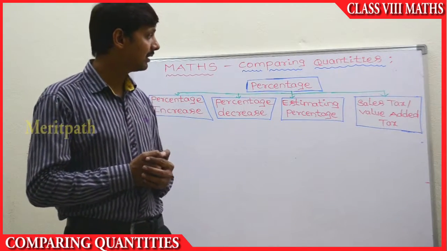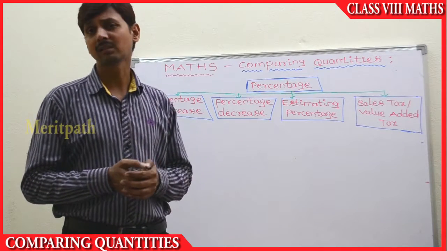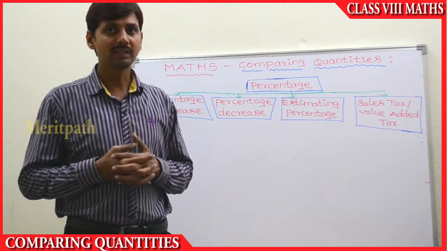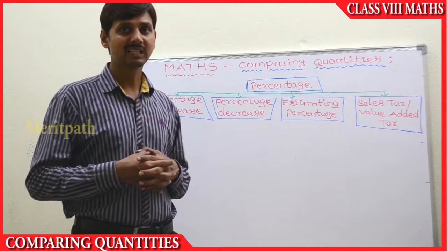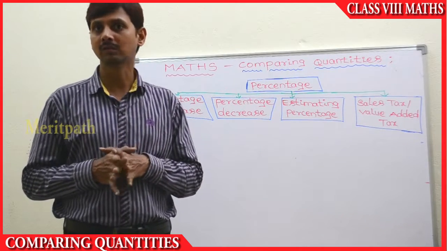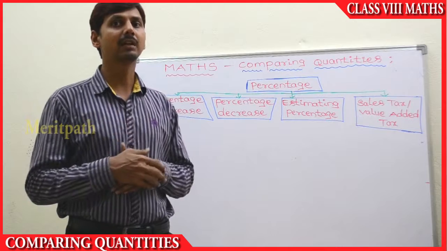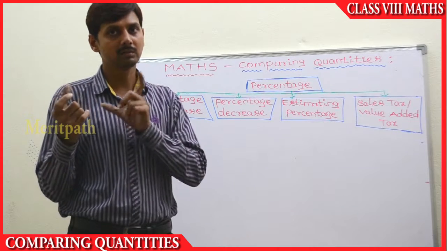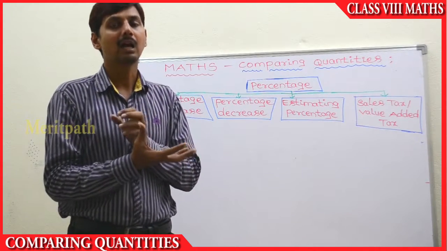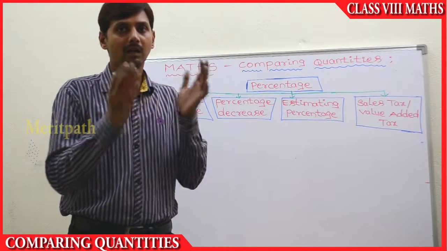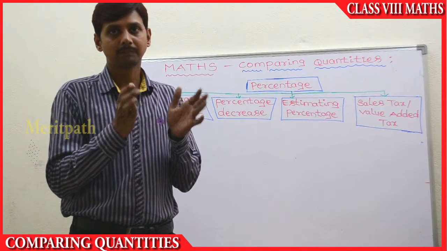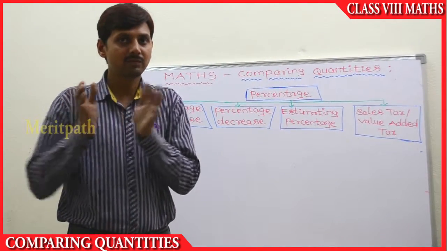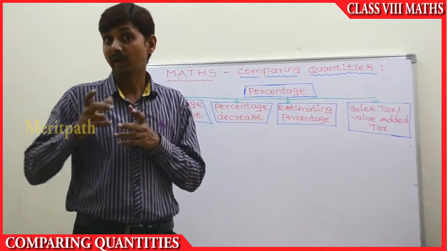Let's go to the sales tax, value added tax. When we are going to purchase some things, nowadays on all the things we are getting, value added tax is compulsory for all the goods we are purchasing. For each and every item we are taking, a certain percentage will be added, and we need to pay the MRP, the marked price, along with the sum of the tax. Some of the tax will be added to that. That is called value added tax.